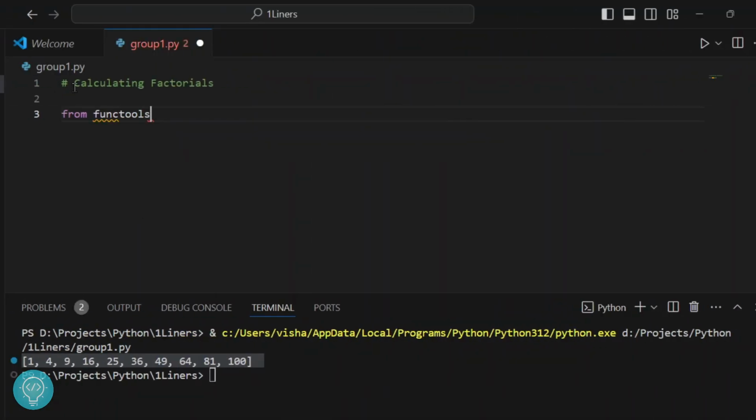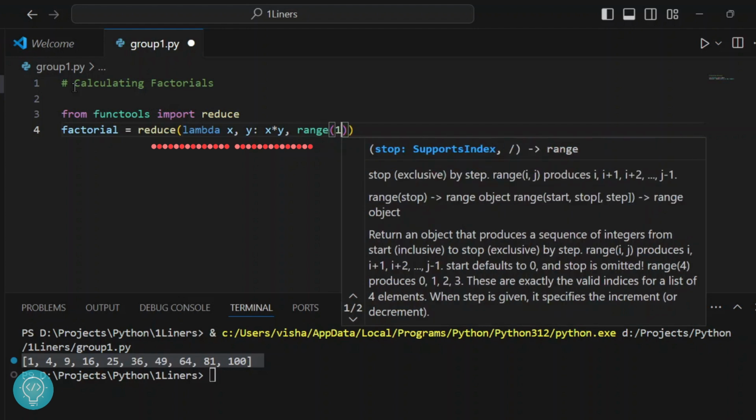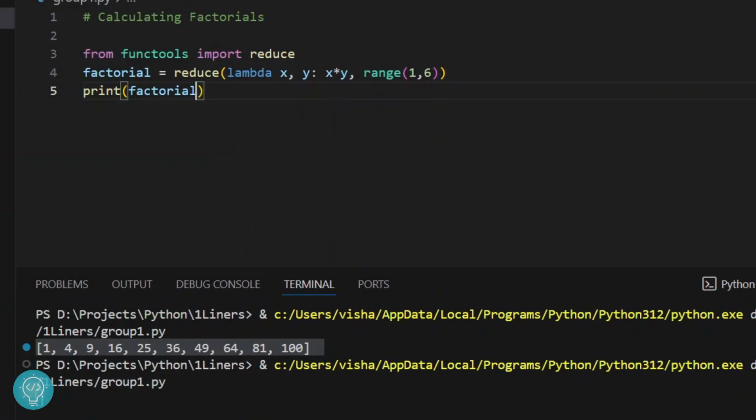You can easily calculate factorials in Python in just one line using the reduce function and lambda functions. The reduce function combines numbers in a list, and lambda x, y: x * y multiplies them, calculating 5 factorial, that is 120. It saves you from writing a for loop or a while loop, and it is ideal for reducing a collection